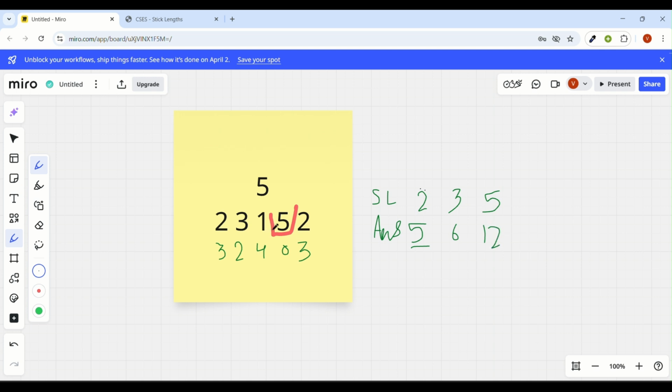If you try other combinations as well, let's say you try 4, you can choose those stick lengths as well which are not present in this array and try them as well. You won't be able to get any answer better than this one. So let's see why we are getting this answer. First, let's see another test case.